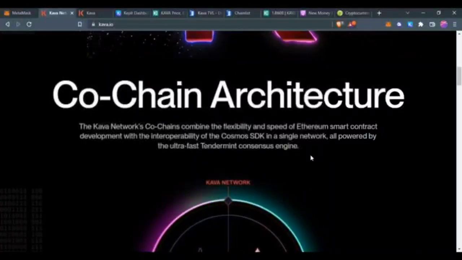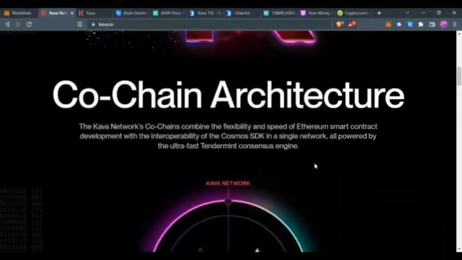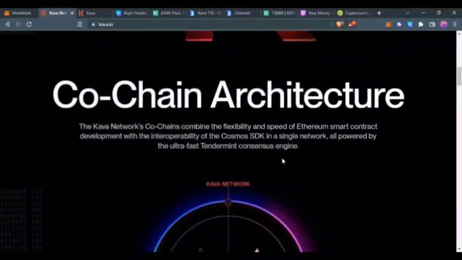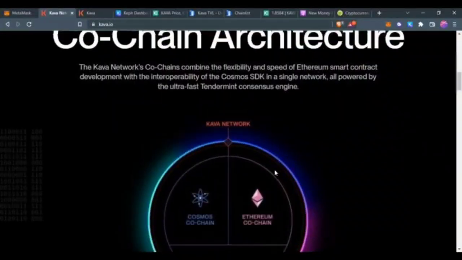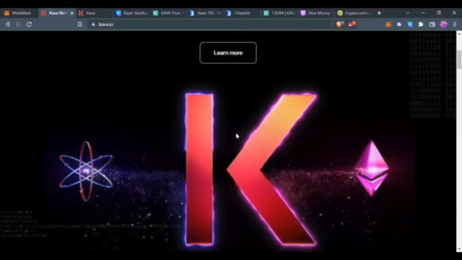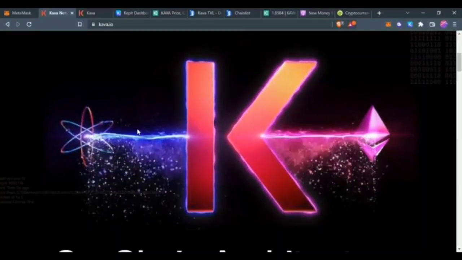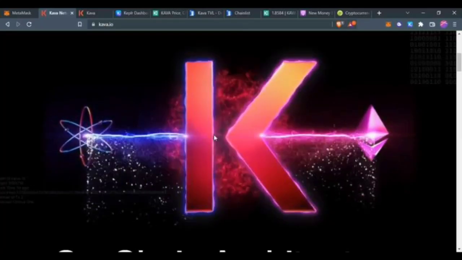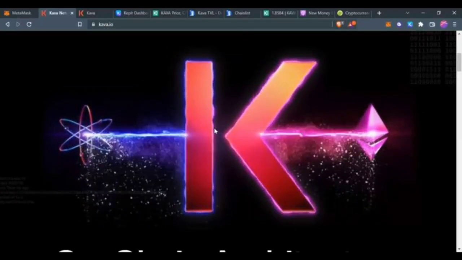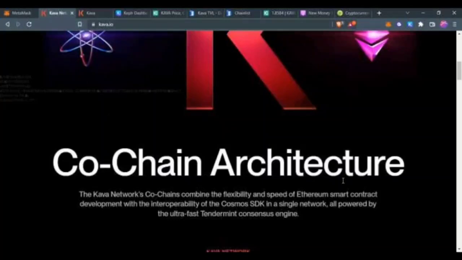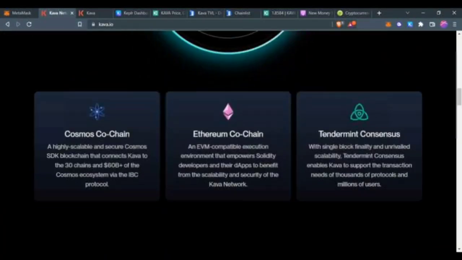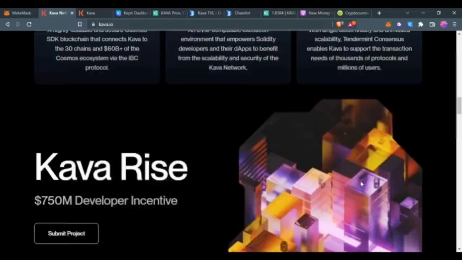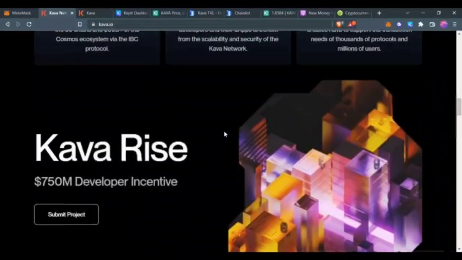Now, I know a lot of these terms and words may be going over individuals' heads as of right now, but you'll come to learn exactly what they mean as time goes on. Easily put, though, the Kava network is utilizing two different, we'll say, video game platforms, we'll say Xbox and PlayStation, in order to release games that are interoperable on each one. Just an easier way to look at it. So we will be looking at the Cosmos chain as well as the Kava chain, and then the Ethereum co